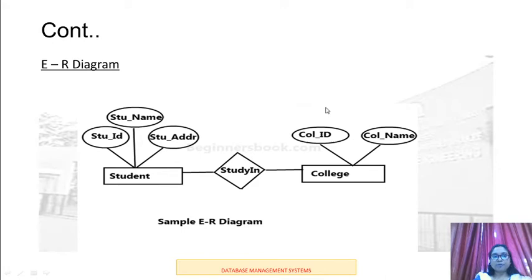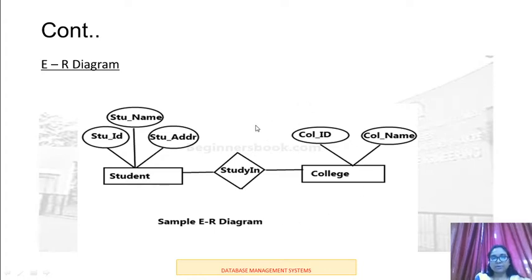Now this is an example of an ER diagram. So what is an ER diagram? An ER diagram shows the relationship among the entity sets. An entity set is a group of similar entities, and these entities can have attributes. In terms of database management systems, an entity is a table or attributes of a table in a database. So by showing the relationship among the tables and their attributes, an ER diagram shows the complete logical structure of the database. So this ER diagram is nothing but the pictorial representation of the complete entities and their attributes.